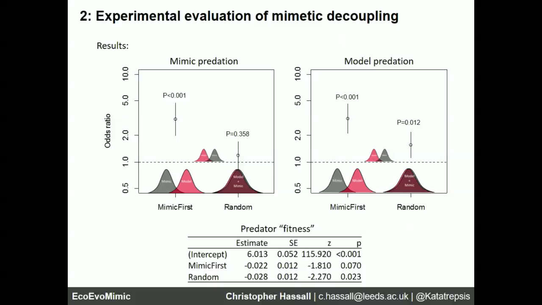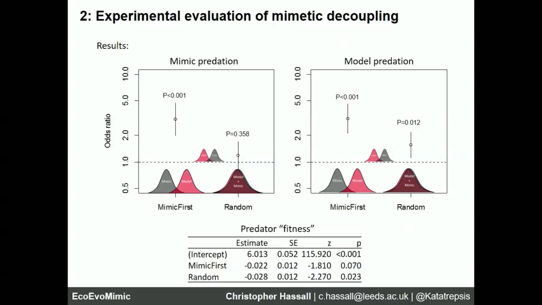So the predators, our human participants, are having to unlearn a preference for a profitable prey when the harmful prey comes along. The random, in this case, the mimics don't really care either way, whether they're random or model first, but the models actually also lose out when they're interspersed in amongst the mimics. So that's presumably because the predators, our participants, are struggling to form those associations between the different morphotypes.